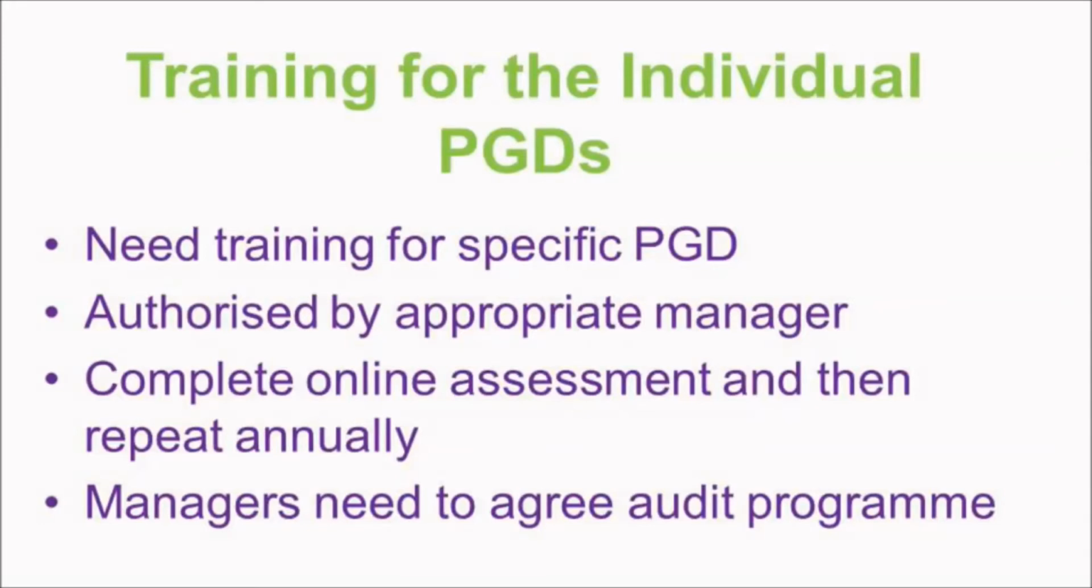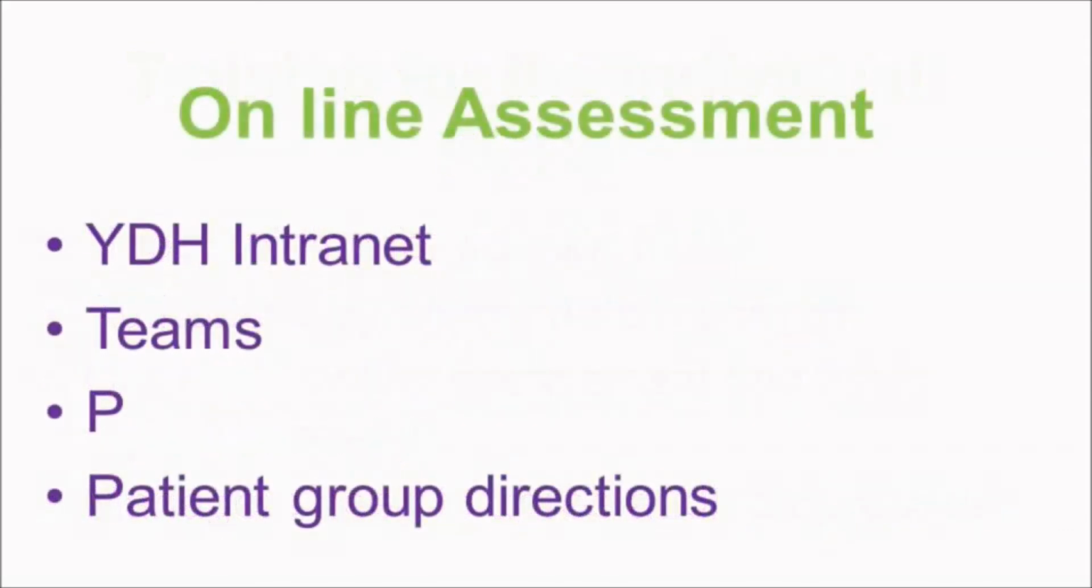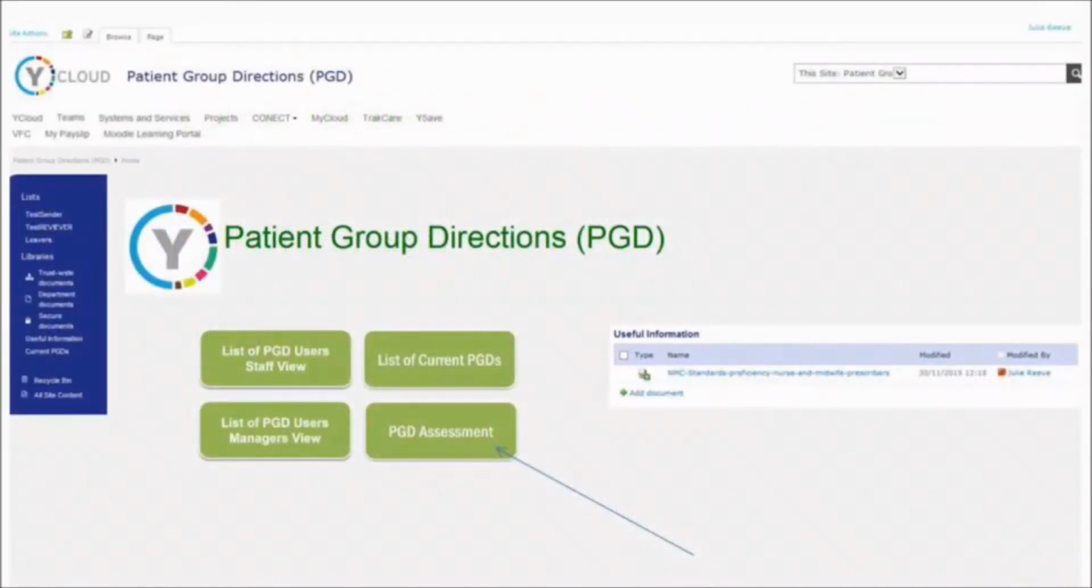So the next thing you need to do after you've listened to this assessment is go online and do the PGD online assessment, because that basically checks your competence, that you understand what using a PGD actually means. The PGD online assessment can be found on the YDH intranet, under Teams, under P, and under patient group directions. You'll then see this as the home page, and you've got some large buttons there, and the arrow is pointing to the PGD assessment. So you need to click that button,